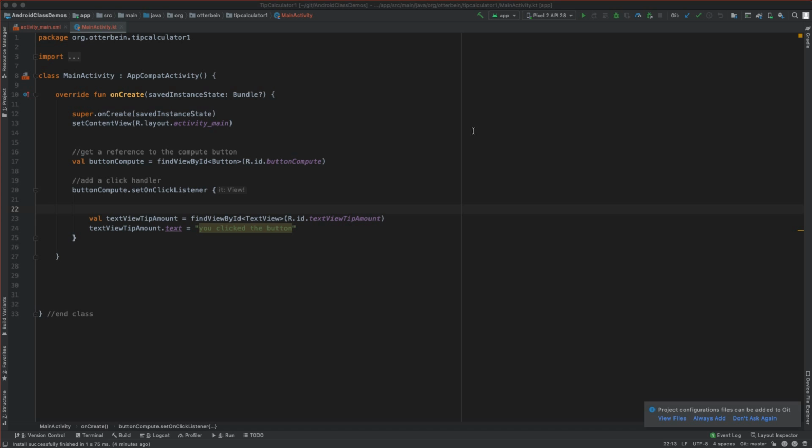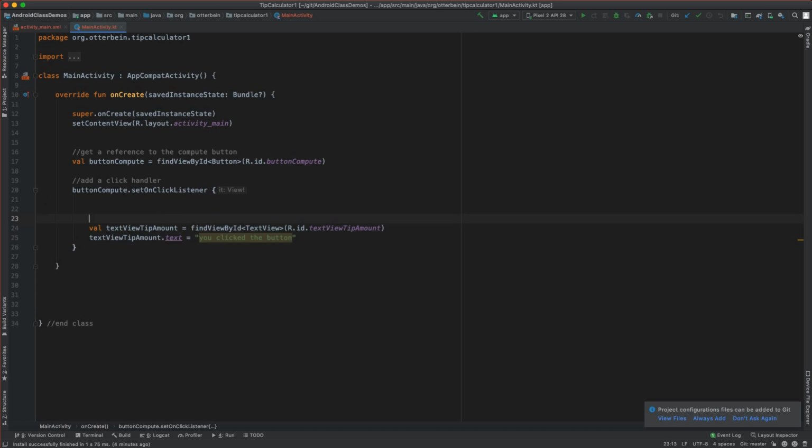So for me, the next logical thing is, I have the text view tip amount and I'm updating it, but I actually want to update it with the tip amount. So what do I need to do next? Well, the next thing I need to do is get a value that was entered by the user. So to do that, I need to get a reference to,